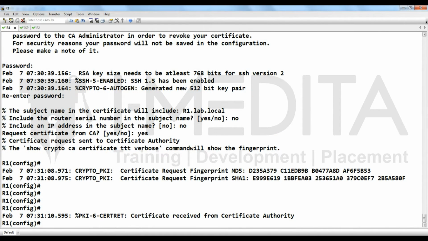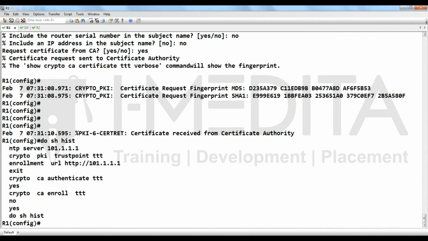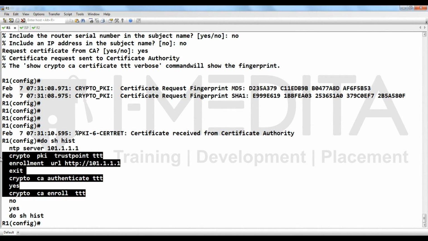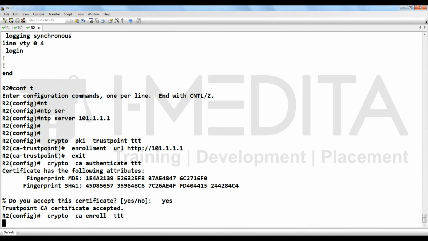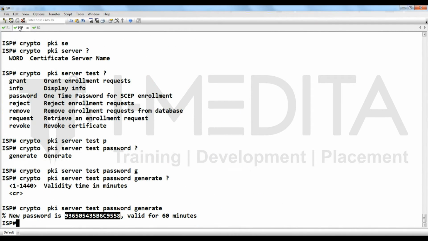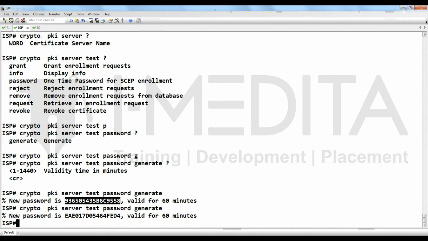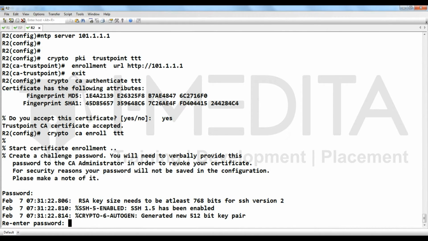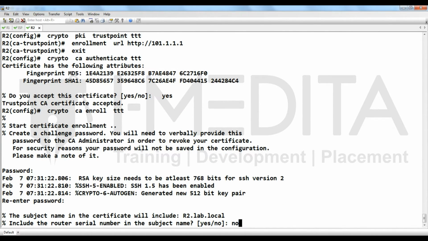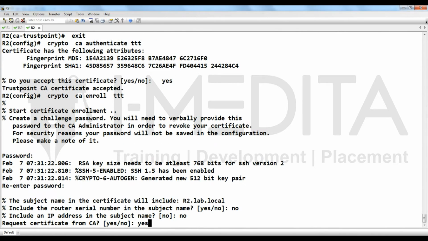Certificate received. Do show history; the same commands you can use here. Select them and then go to R2. Enroll; it is asking for a password. Go to ISP and put the same command. It will provide you a new one-time password. Copy it, go to R2, right click, enter, no, no, then yes.